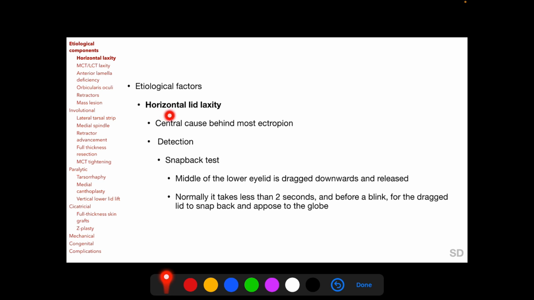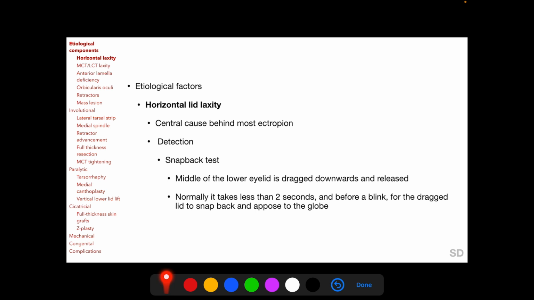Horizontal eyelid laxity is the central cause behind most cases of ectropion. In contrast, retractor dehiscence or detachment is the central cause behind most cases of entropion. We can detect horizontal lid laxity by 3 tests. One is the snapback test, in which we drag the middle of the lower eyelid downwards and then release it. Normally it takes less than 2 seconds and before the next blink for the dragged eyelid to snap back and